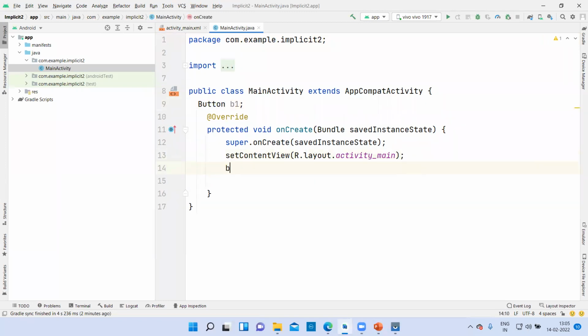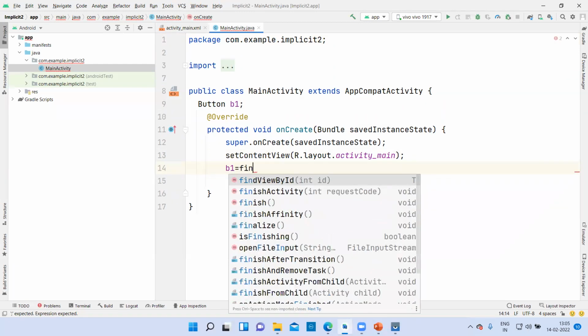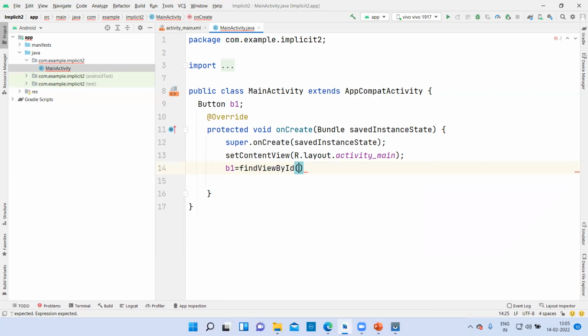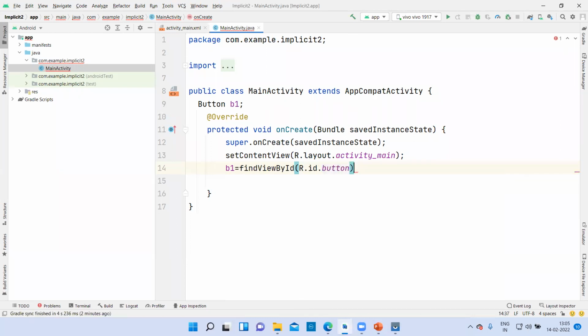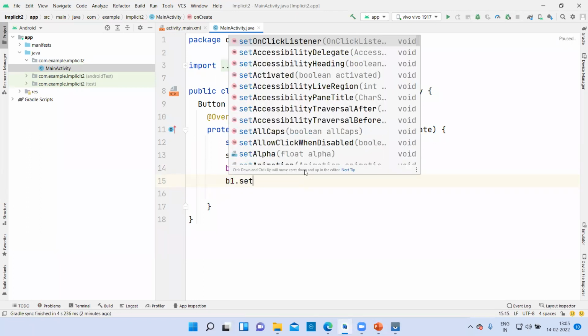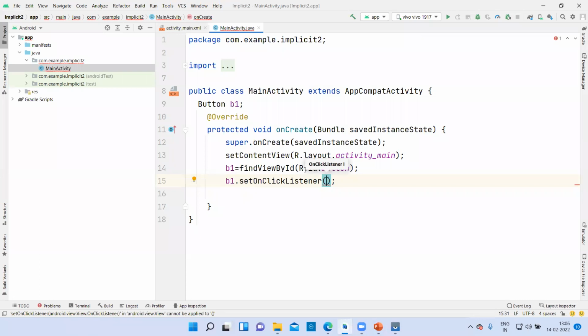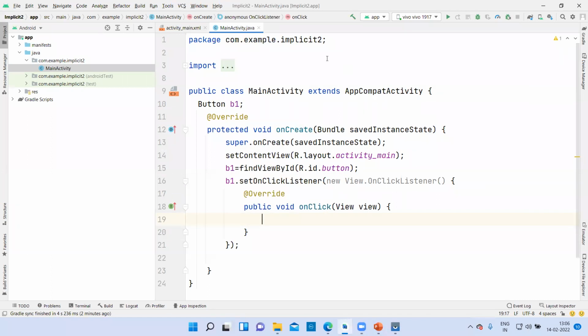Then again B1 is equal to findViewById, then R dot id dot button. Then you will say B1 dot setOnClickListener. Okay. Then you will say new View. You will get this onClick view method automatically.